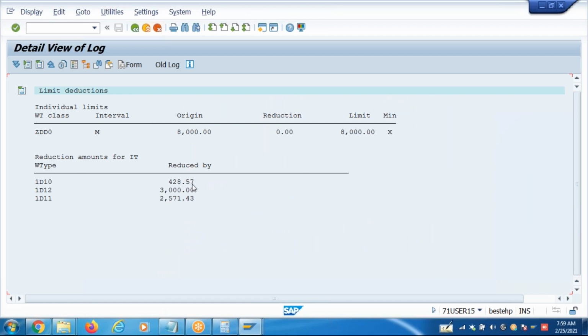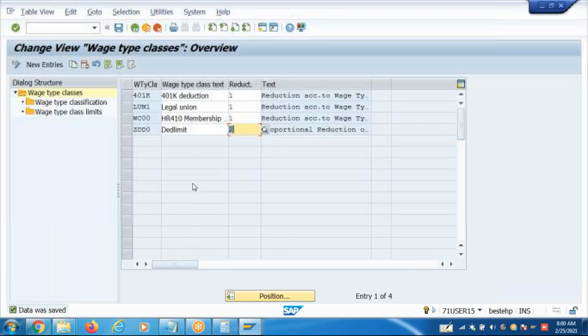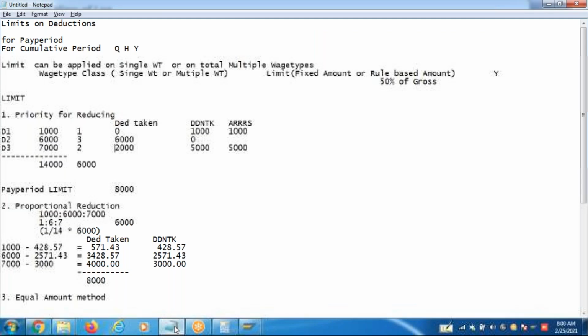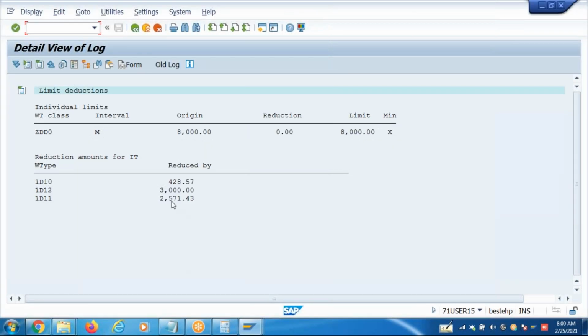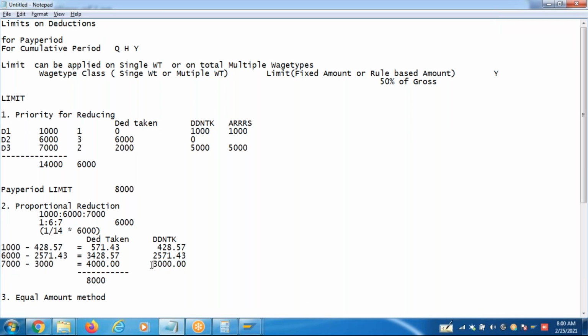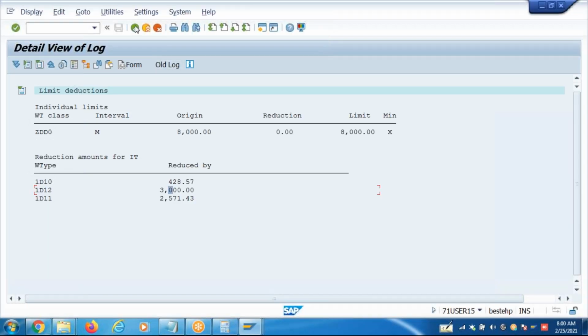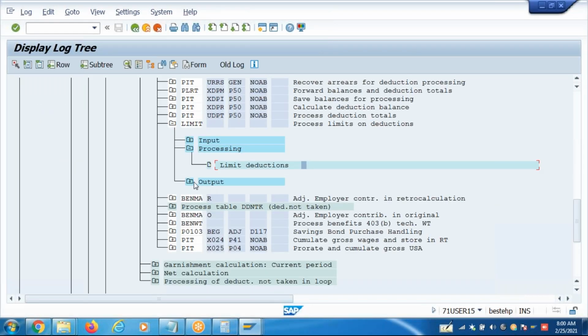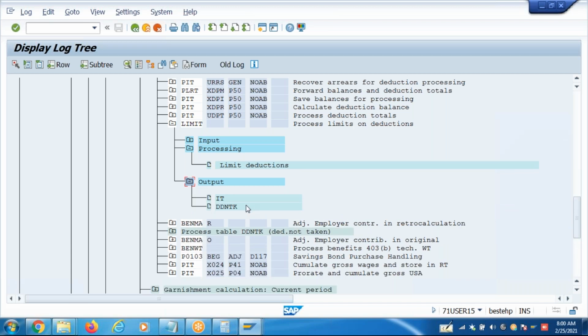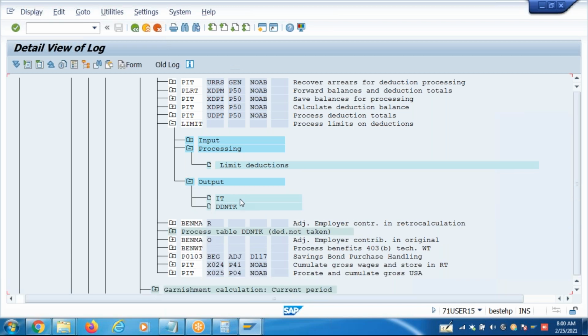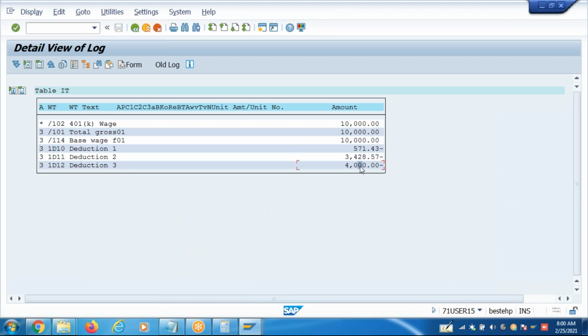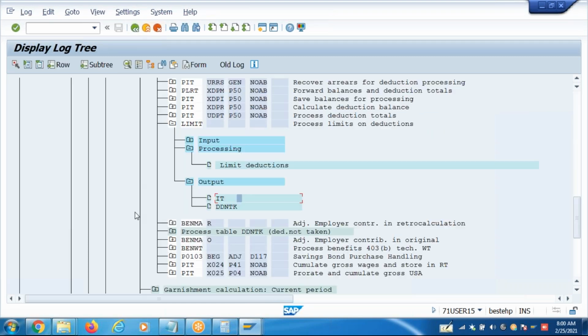See, 428.57 reduced as per our manual calculation. 2571 reduced here and 3,000 is reduced here. These are the deductions taken: 571 and 3428. So the total of these three deducted in ID table is 8,000. So your /110 is now 8,000 only here.